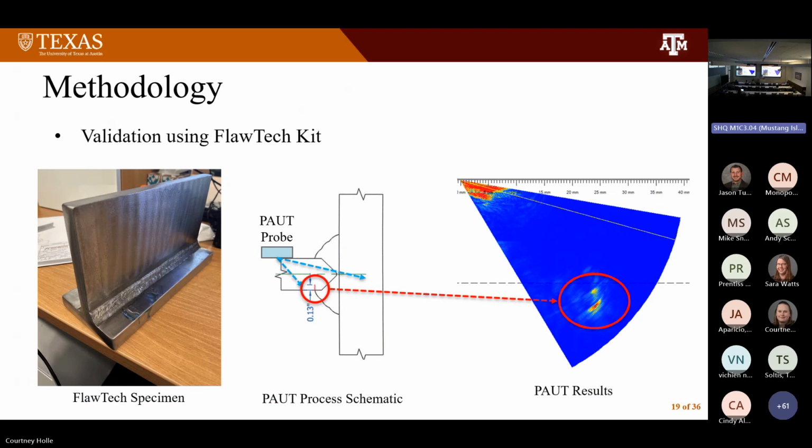What happens on a lot of these, though, is in order to see if I'm good enough to do this, you need to have something where you know that there is a defect. So one of the things we did on this project, there's a company called FlawTech that will actually make little specimens that have known defects, and they'll tell you where they are and how big they are, and you can see, can we actually find those? One of the things we're hoping to do from this project is to provide TxDOT potentially with some specimens, high mass, cantilevers, TSSIs, traffic signal structures, that you can use if you want to take your inspectors and say, hey, you should be able to find these defects.